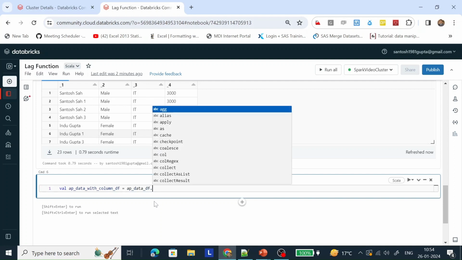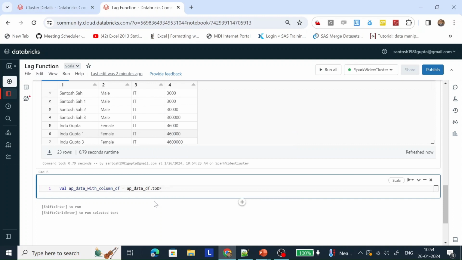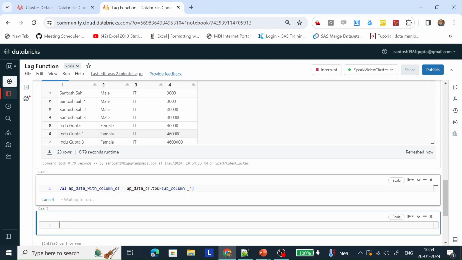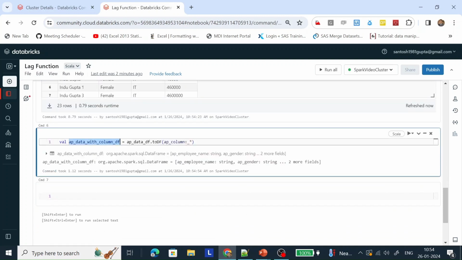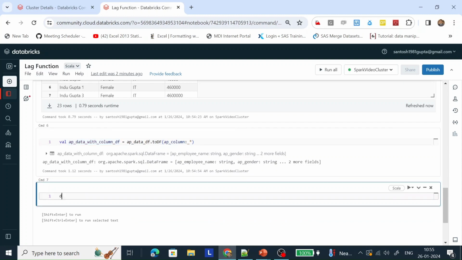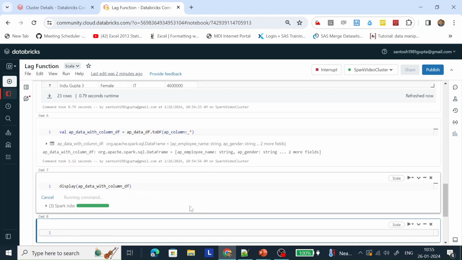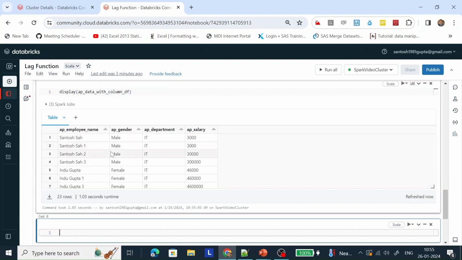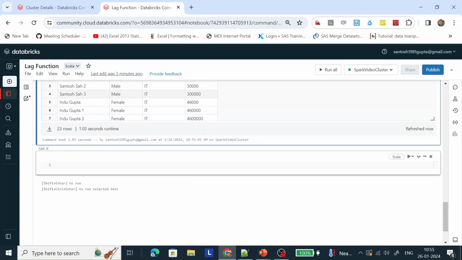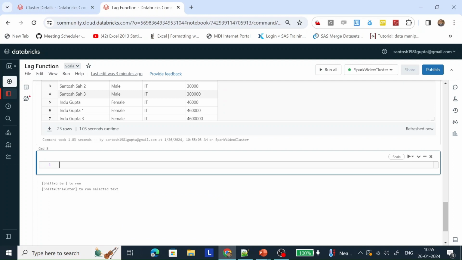We are going to call the toDF function and pass the AP column variable, taking all the values present in this AP column. This data frame has been created successfully. Now let's display it. So this is the data frame.